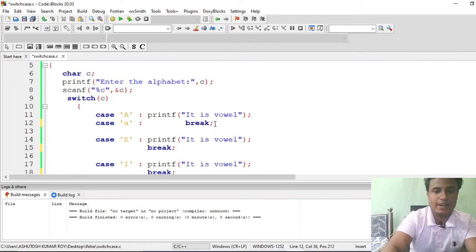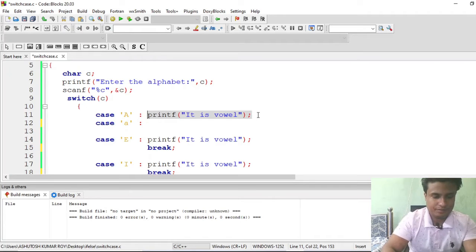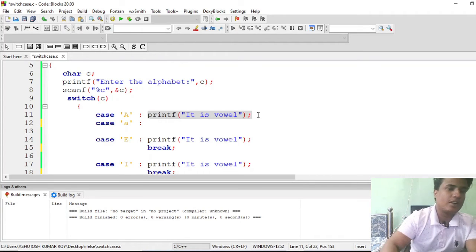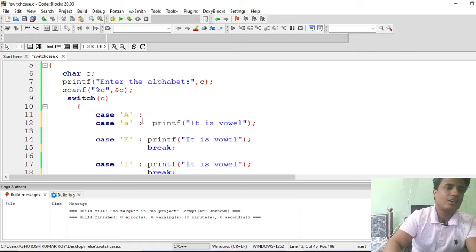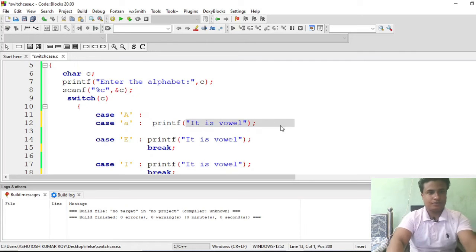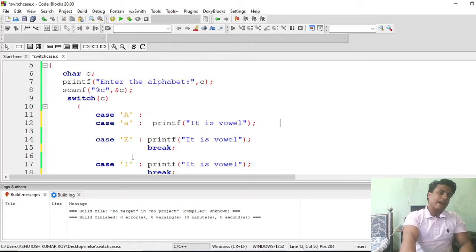Okay, so don't use break here, and don't use the statement here either. You could write it twice, but why should you, since it will execute both cases simultaneously. So just put it here. For both cases it will print this. In this way we can write all the cases here.